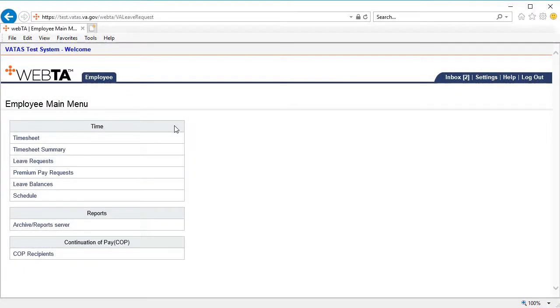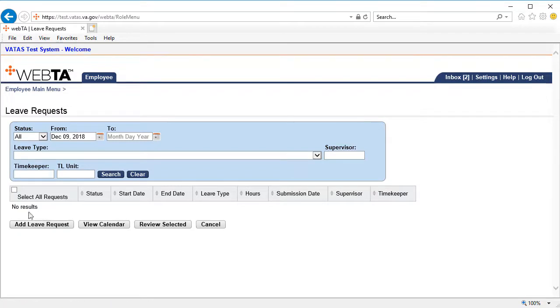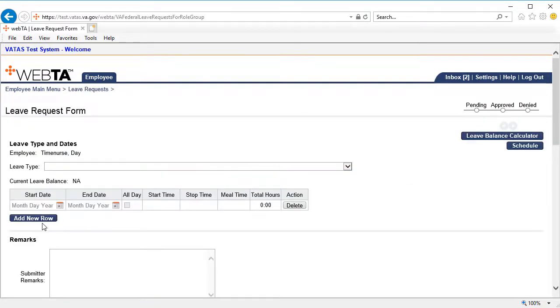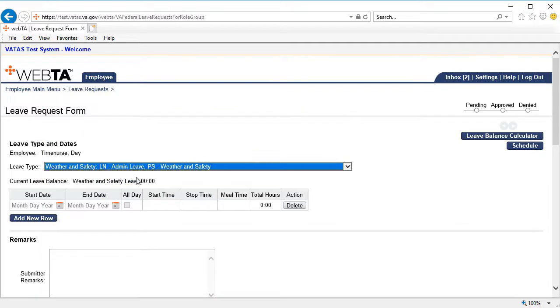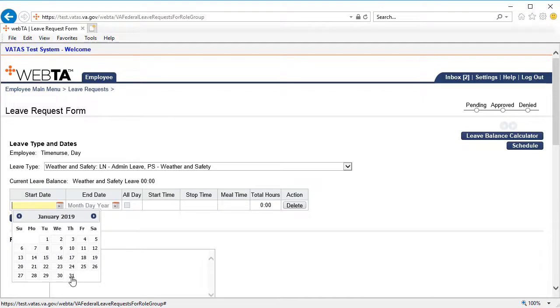Now we are logged in like an employee. To put in a leave request for weather and safety, we'd go into leave requests. From here, we would click add leave request to put in a new leave request. And in the leave type, we would click the drop down. You will notice here that we have a new code, and this would be weather and safety. This is different than any other code because it starts off with weather and safety and is right below the administrative leave. So we would select weather and safety, LN,